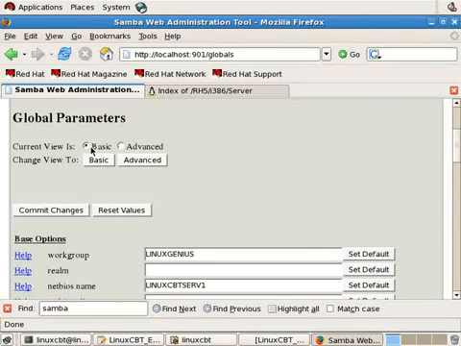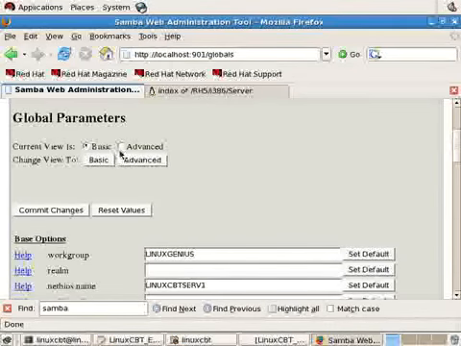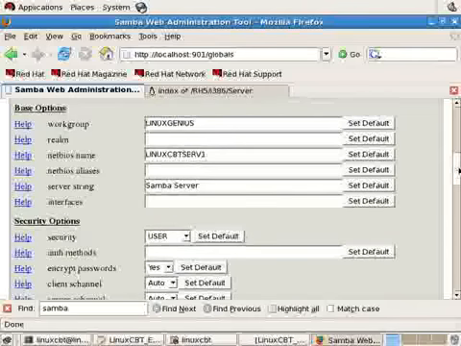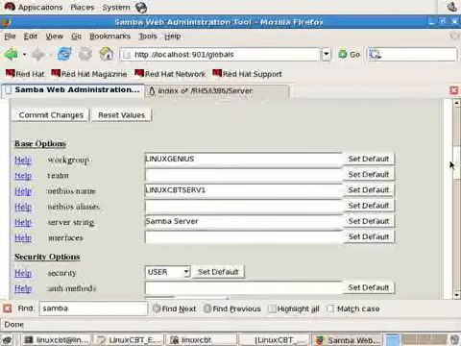hides many of the directives that are not important to get the server up and running. But oftentimes you need to launch yourself into advanced view to see those additional directives if there are performance issues or connectivity problems or things that are peculiar to your environment. Basic view again lists the key directives, the workgroup or realm that the server belongs to, its NetBIOS name, optional